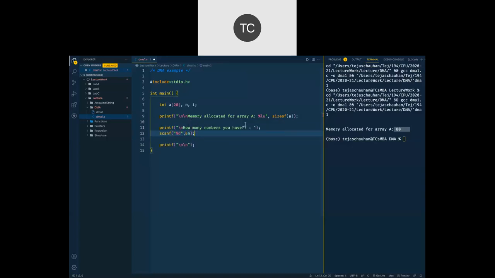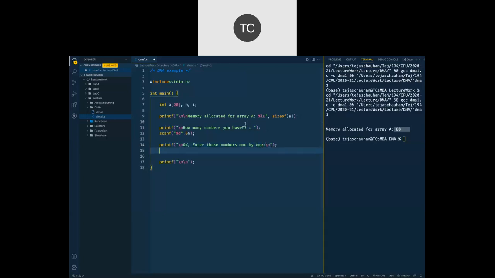The user is going to tell you that he or she has 5 numbers or 10 numbers or 15 numbers and so on. And then you are going to ask the user to enter those numbers one by one. So printf, enter those numbers one by one.